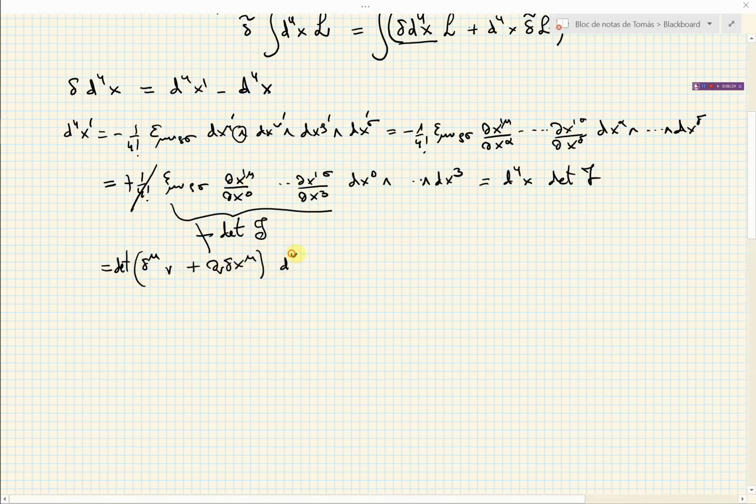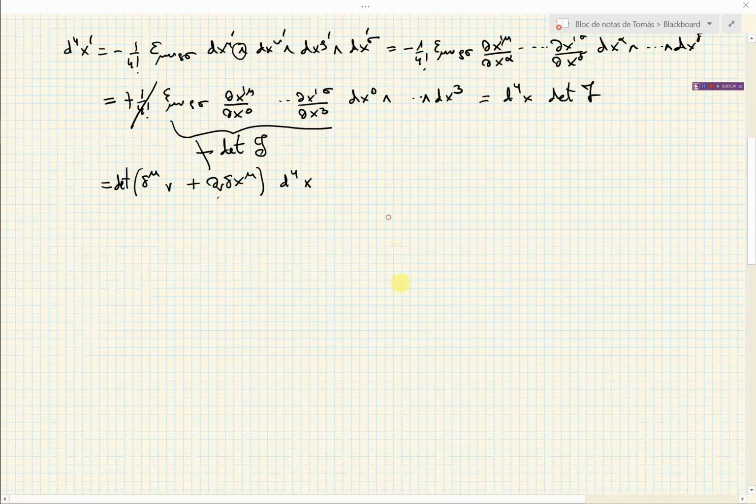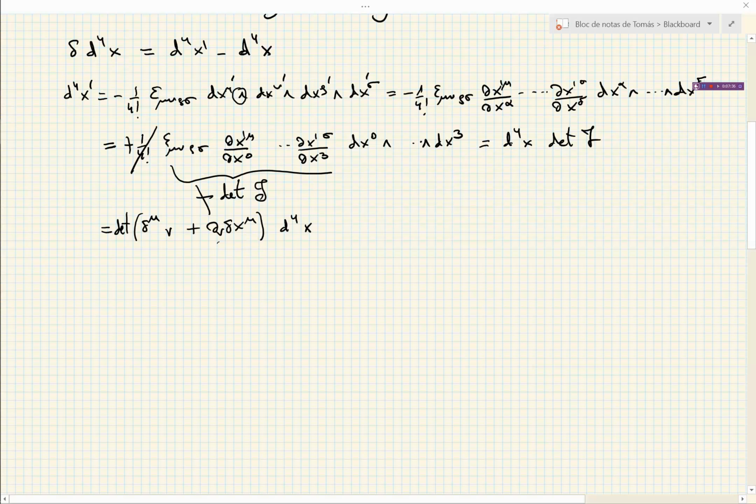Then we have d^4x. And now we have to compute this determinant staying at first order in delta x^mu. So the best way to compute the determinant of this object is to go back to this definition. So we write